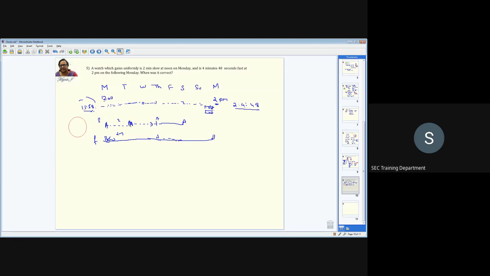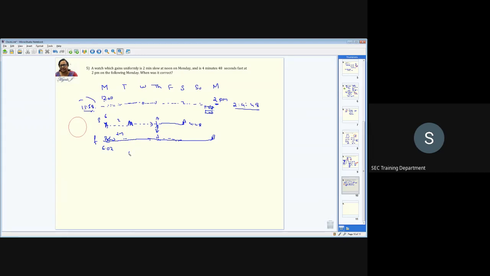A starts here and A will be here when B is here, right? So the 2 minutes, that is, if I say that A starts at 6, B starts at 6:02. So at that time, A is here. But B, because he's faster, will keep going continuously. And at one particular point, they both will be at the same point. And then after that, because B is faster, he is going to overtake A, and he will reach here. And by then, when A reaches here, the difference between them is 4 minutes and 48 seconds.